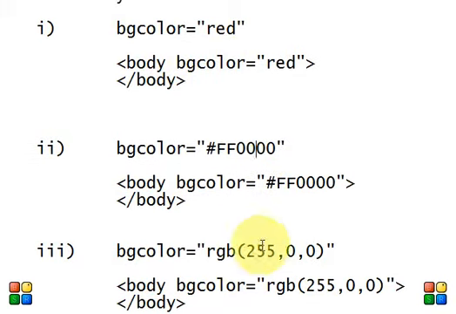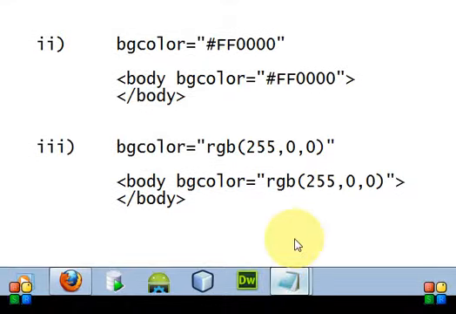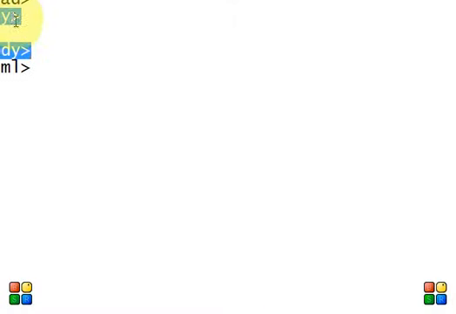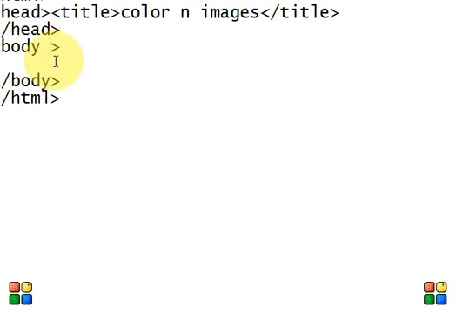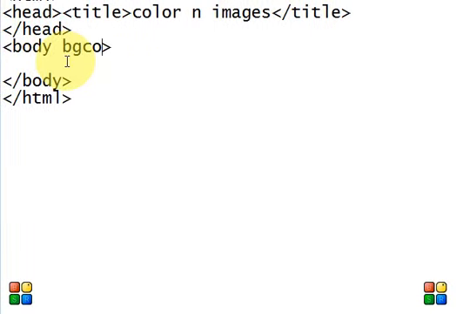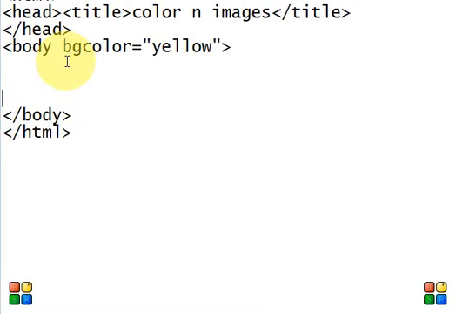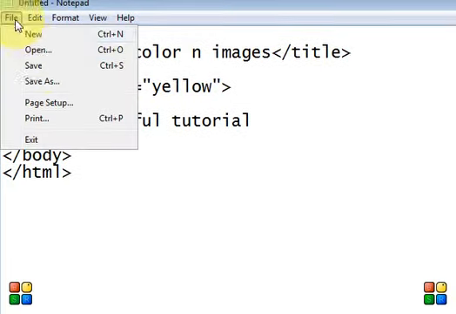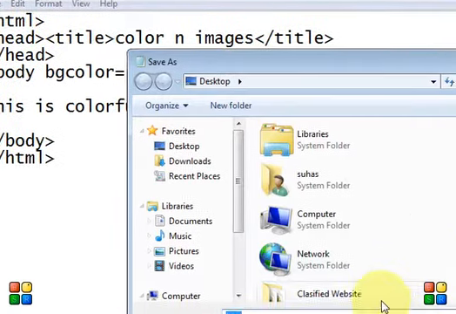Let's try this out. Go to the body and type bgcolor is equal to yellow. Type something in the body: this is colorful tutorial. Go to File and save the file anywhere.